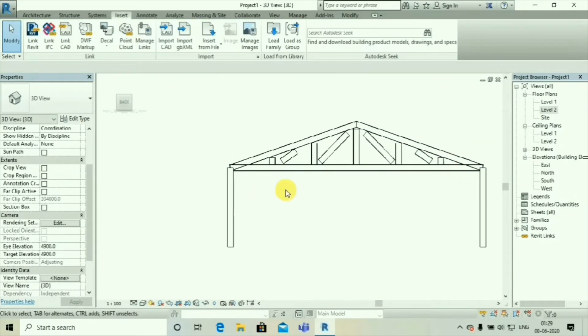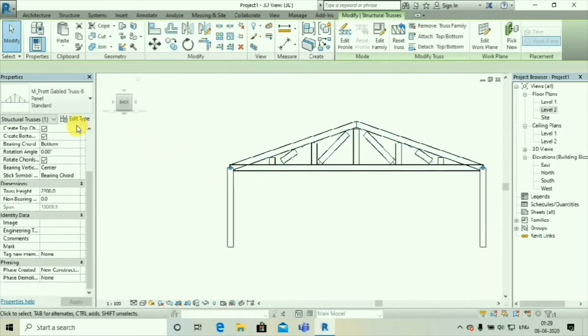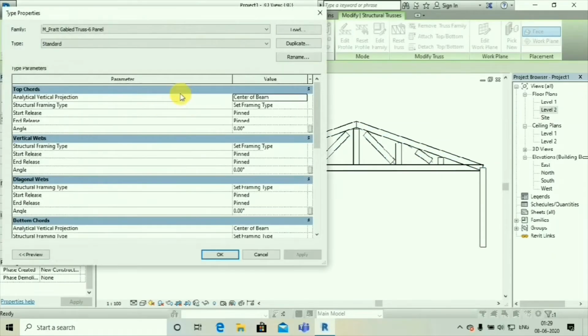Done. Now click on this and click on the edit tab. Top chord, this one is the top chord. This beam is the top chord. We will change it to 203 by 133 by 25. Vertical chord, these perpendicular chords are the vertical webs.